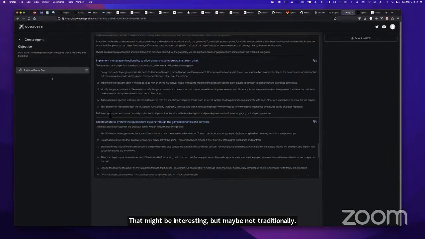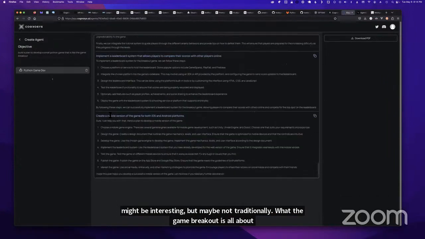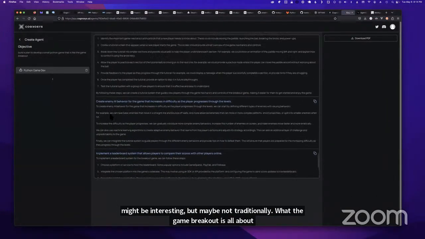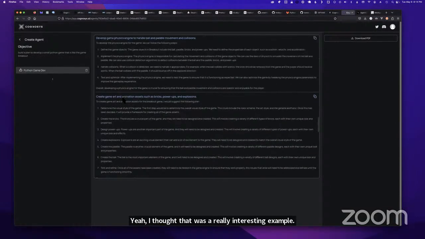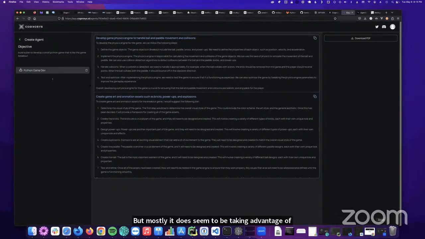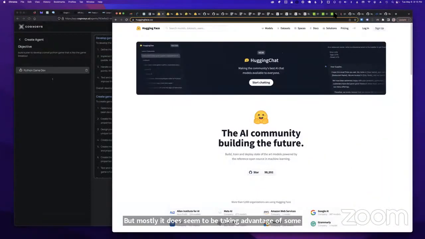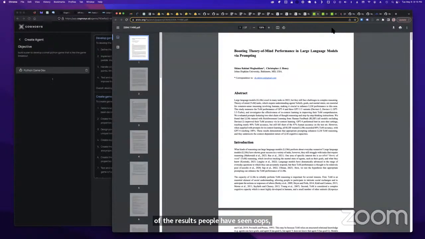I thought that was a really interesting example, and I think it's definitely an area that you might want to look at. But mostly it does seem to be taking advantage of some of the results people have seen. We'll talk about that in a minute too. Have some archive papers